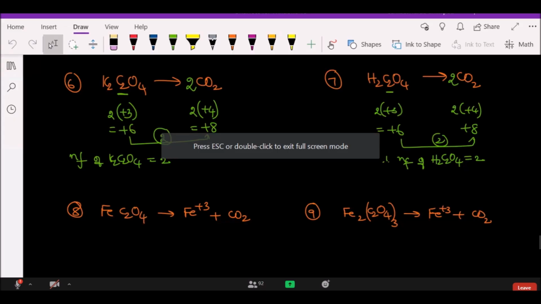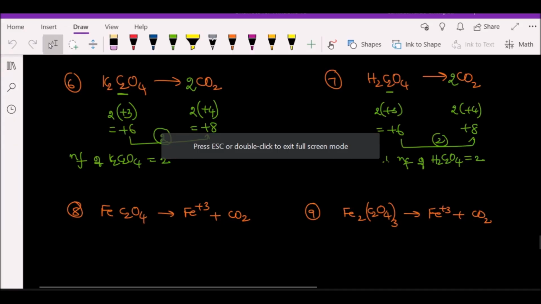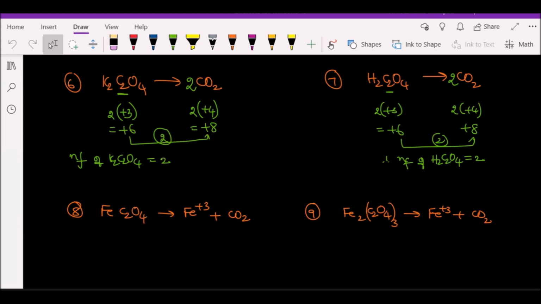Yes, only one person had raised the hand, Mr. Akash. So for the 8th one, N factor is 1. Okay, let me write. So N factor is 1, you are saying. And for the 9th? Sir, doing, sir. Okay. Harshit? Sir, plus 3 and plus 6. So here 3 and here 6 you are saying? Yes, sir. Okay. Snehita?